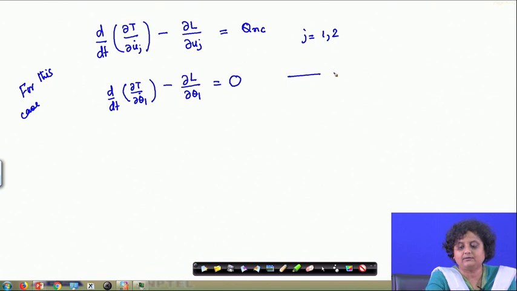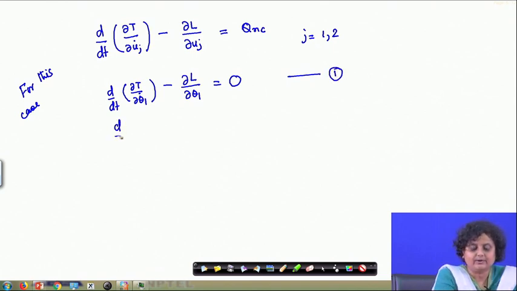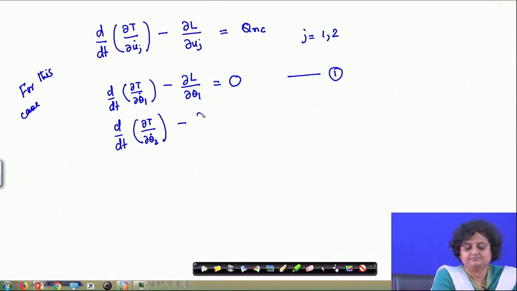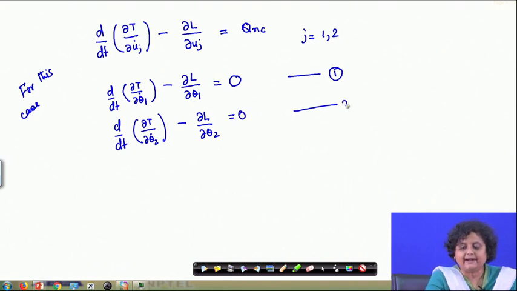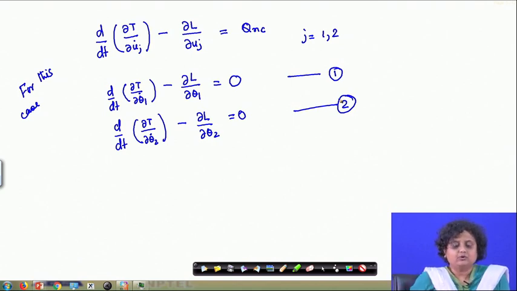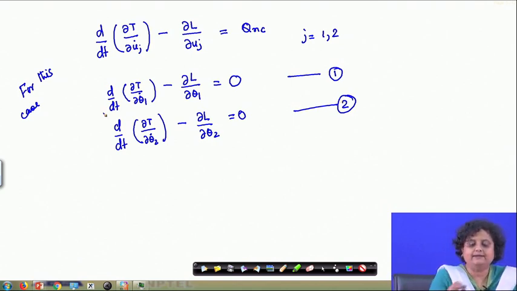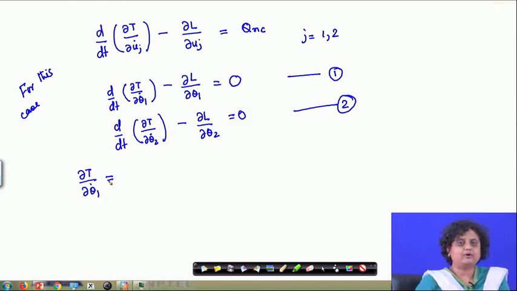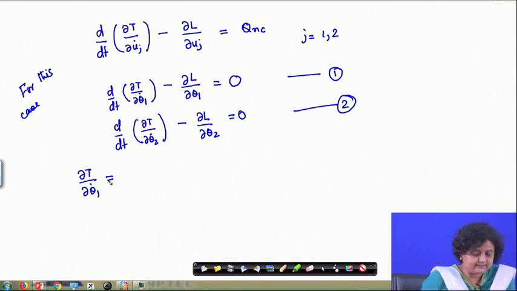This is equation 1, and the other equation is going to be for the other degree of freedom, which is del T by del theta 2 dot, and the right hand side is again equal to 0, because there is no non-conservative force. So, what we have to do is find these two equations. Let us see what is del T by del theta 1 dot. This is a very straightforward derivative that you have to take. So, del T by del theta 1 dot is